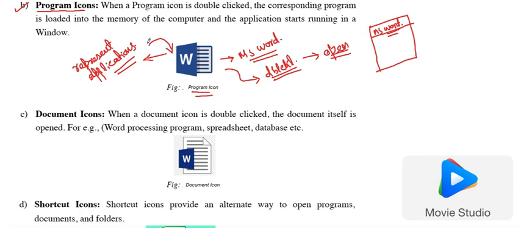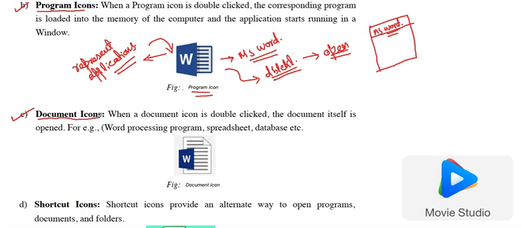That means this program icon represents a program that is stored in your computer, and when we double click it, it will load the concerned program from the hard disk of your computer into the main memory, and start running that application in a window. So this is the program icon. Next we have the document icon.